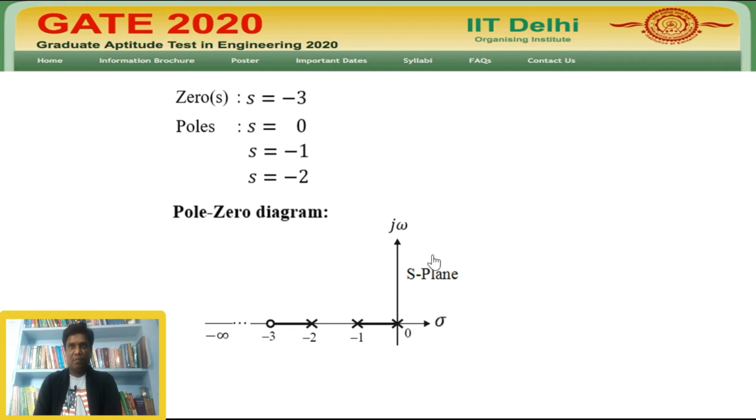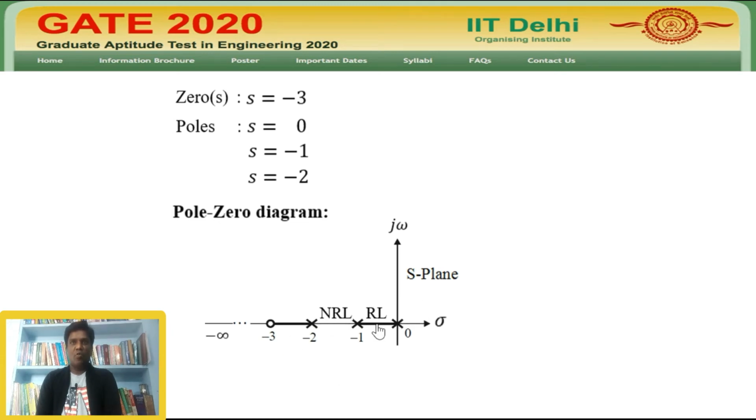According to this problem, from the pole-zero diagram in the S-plane, the odd number of counting is 1 from right to left. Here, in the first position, the odd-numbered counting starts at 0 and ends at minus 1. So, this interval is called the root locus path or root locus segment. Next, the even number of counting is 1, 2 from right to left. Here, in the second position, the even-numbered counting starts at minus 1 and ends at minus 2. So, this interval is called a non-root locus path or non-root locus segment.